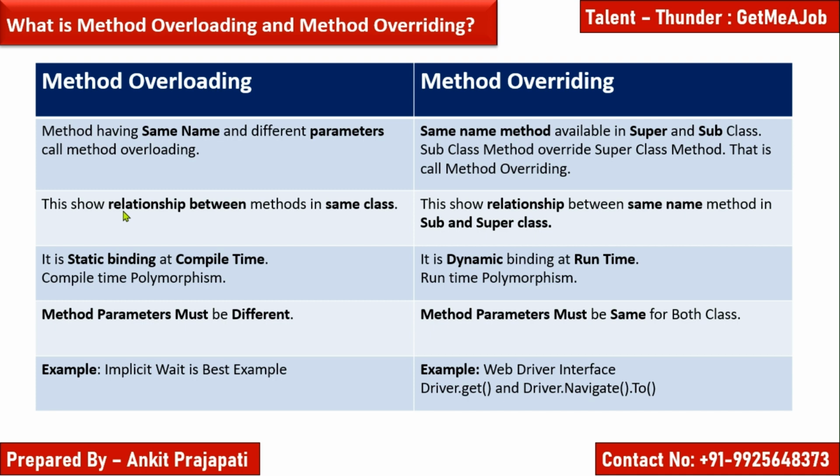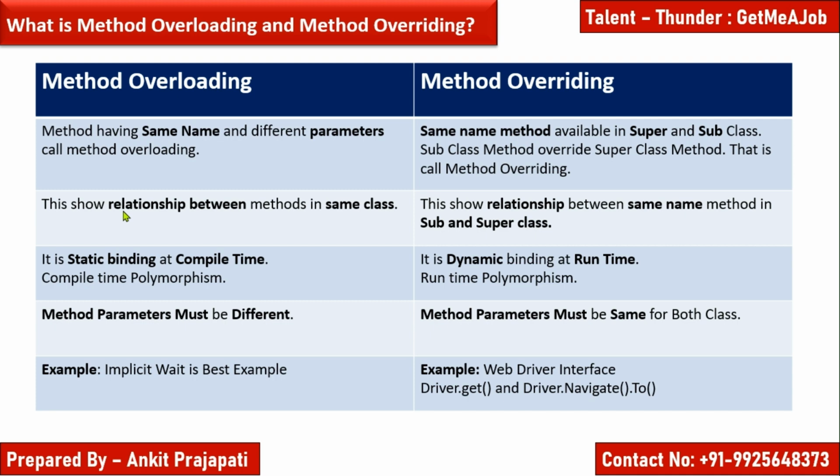Method overriding is also called runtime polymorphism, guys. It is dynamic and always occurs at runtime. That is the reason it is called runtime polymorphism. What is polymorphism? Polymorphism means one name, one form, which serves different purposes. With one name of the method, we are performing different actions. That is a part of polymorphism.